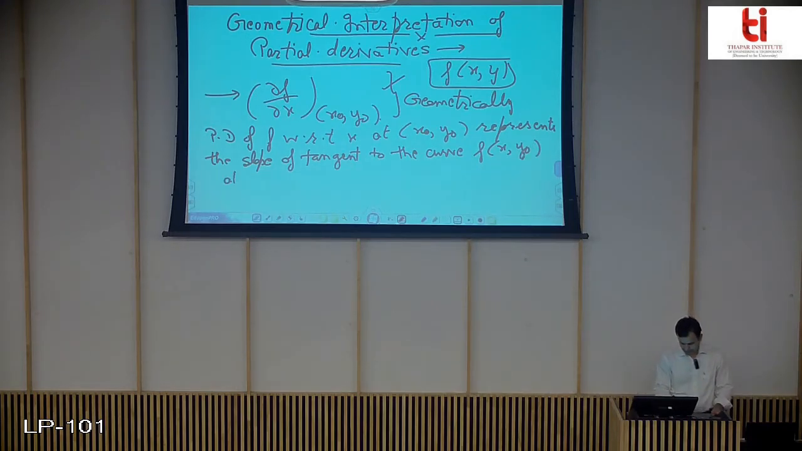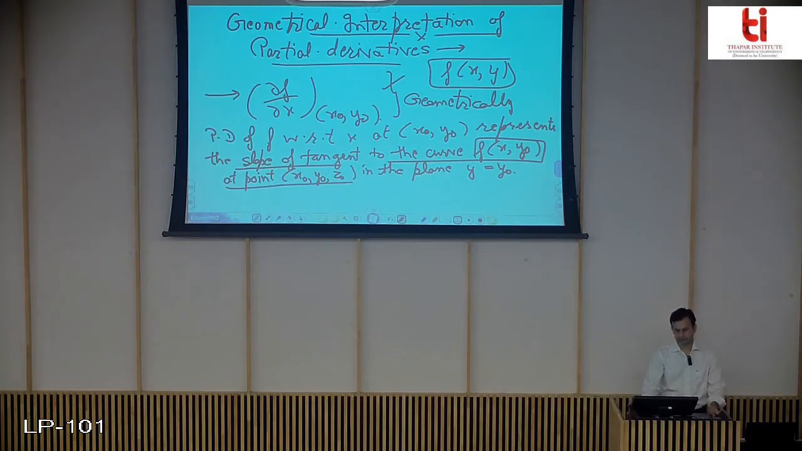at point (x0, y0, z0) in the plane y equals y0. So basically the partial derivative of f with respect to x at point (x0, y0) gives you the slope of the tangent to the curve f(x, y0) at point (x0, y0, z0) in the plane y equals y0, where